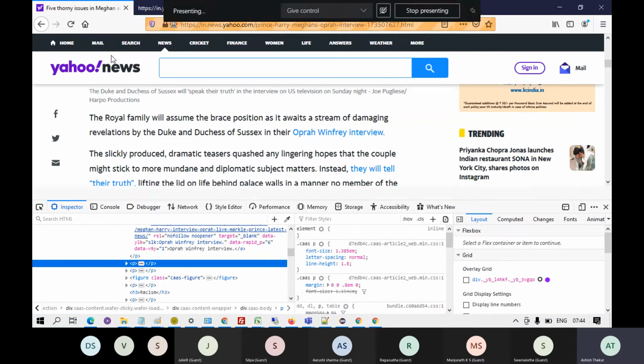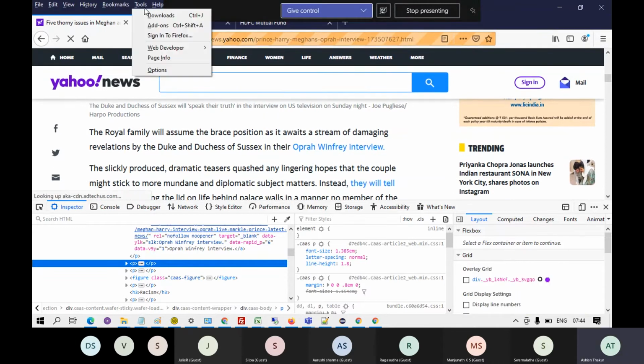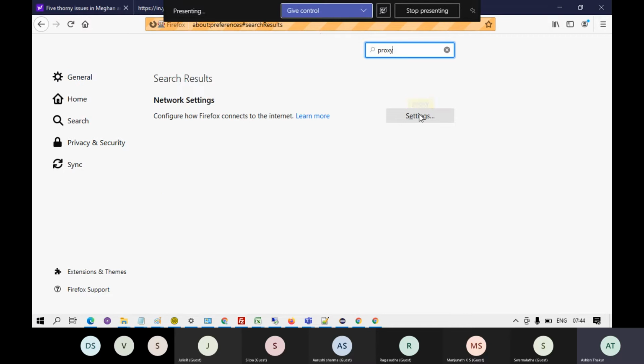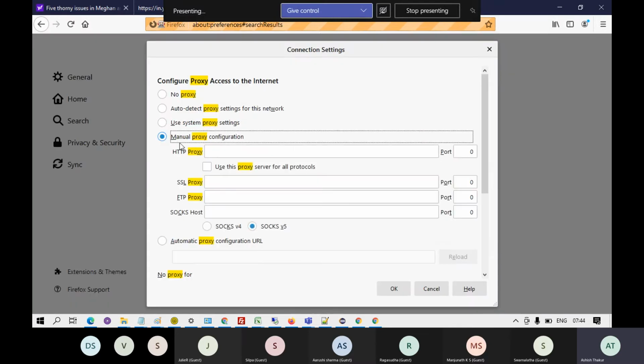You can go to tools, options, and search for proxy, and you manually set the proxy over here. Otherwise there is no proxy, right?